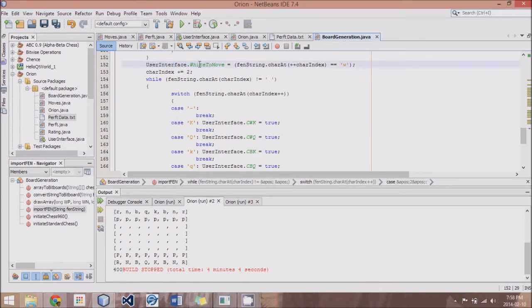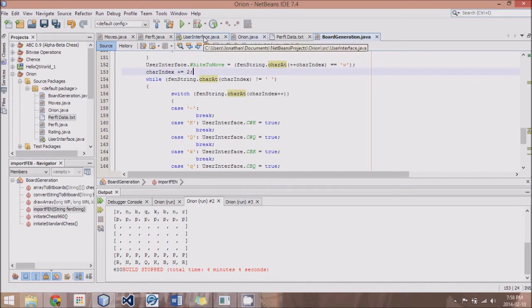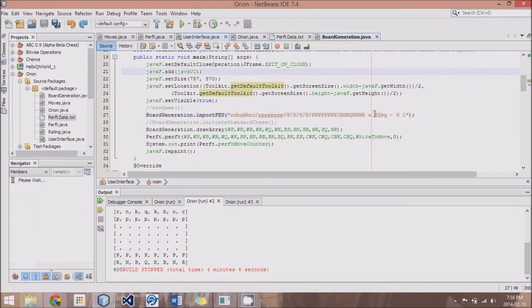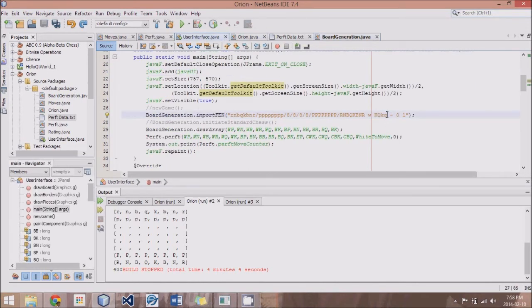Then we set our white to move based on the FEN string at the next char index. If it equals a W, then white to move is true. Otherwise, white to move will become false if it's a black. Then we do char index plus equals 2. This is basically putting our cursor, if you will, to the